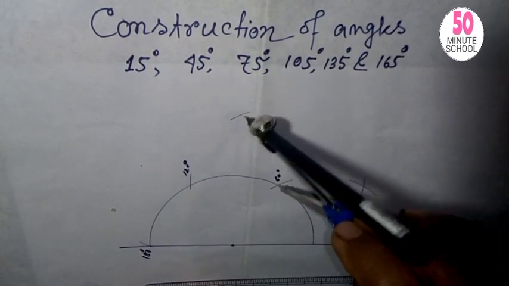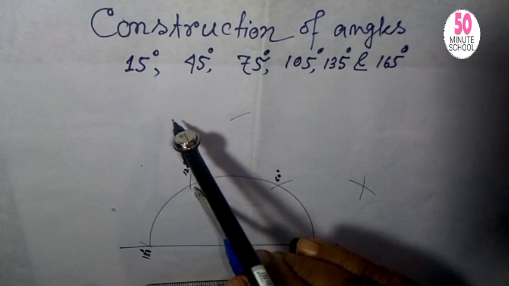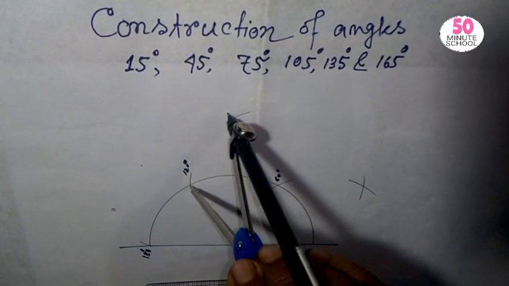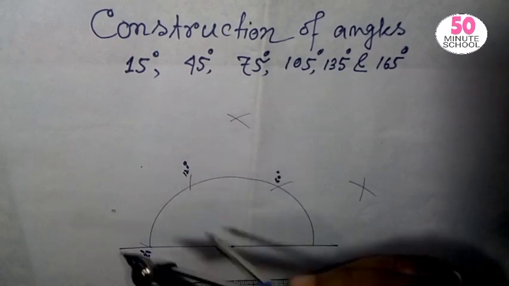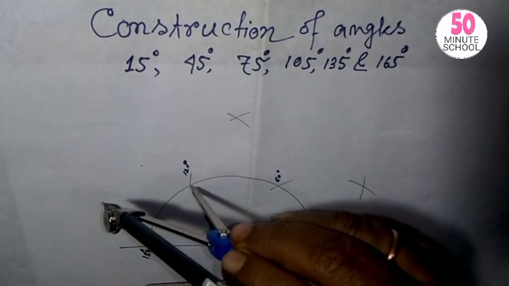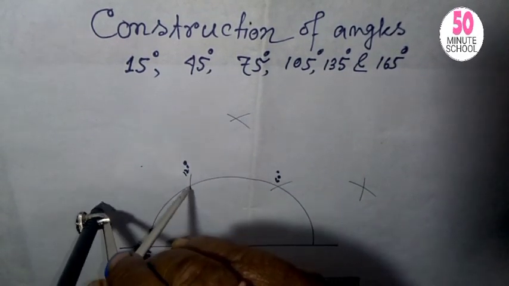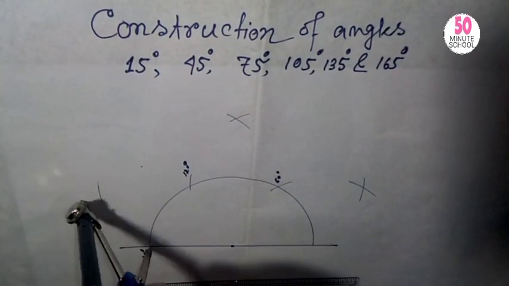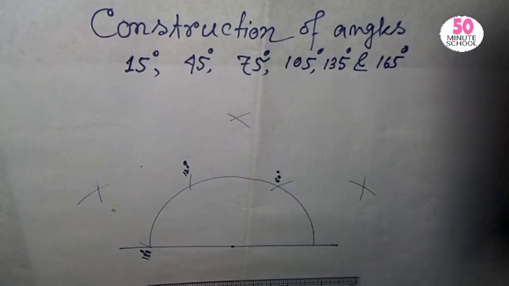Lastly, this point and this point bisect another arc. This point and this point bisect another arc,